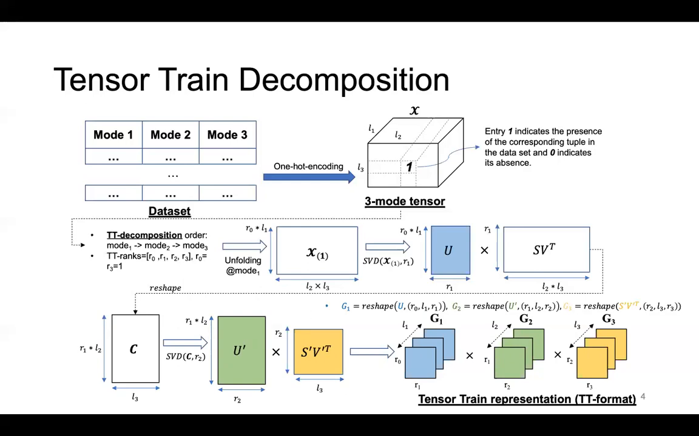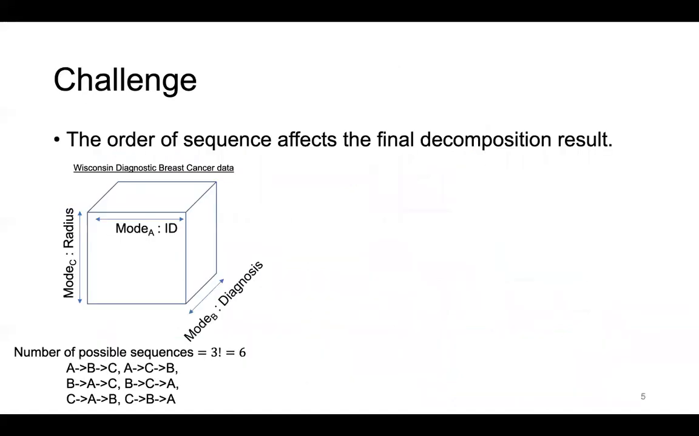So once we got these 3 cores, and these 3 cores we call the tensor train representation, which we can also call the TT format. So this is the basic idea about the tensor train decomposition. However, there's a challenge we have to face, because as we know, the order of the decomposition